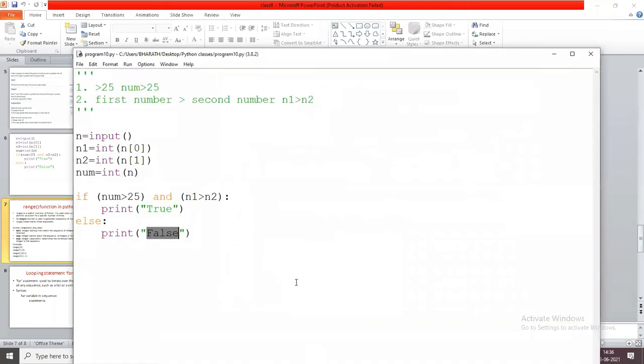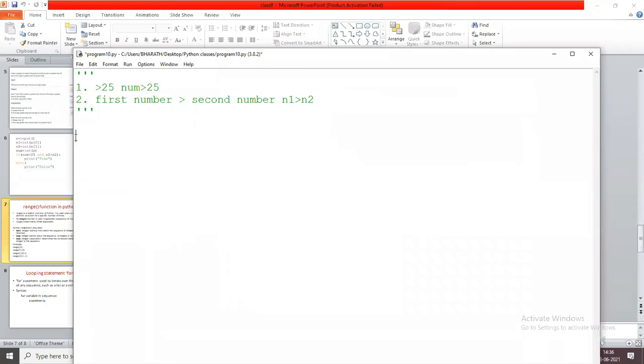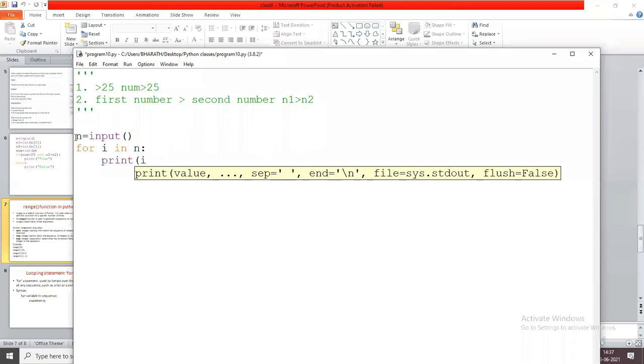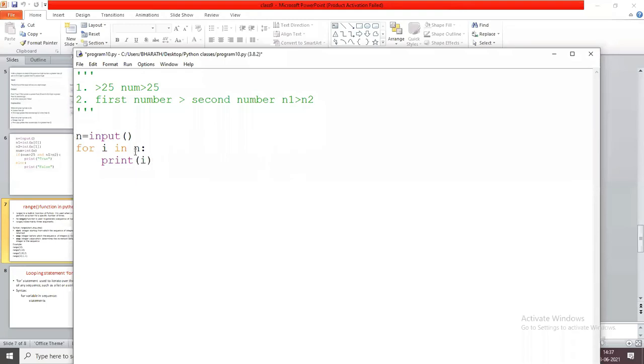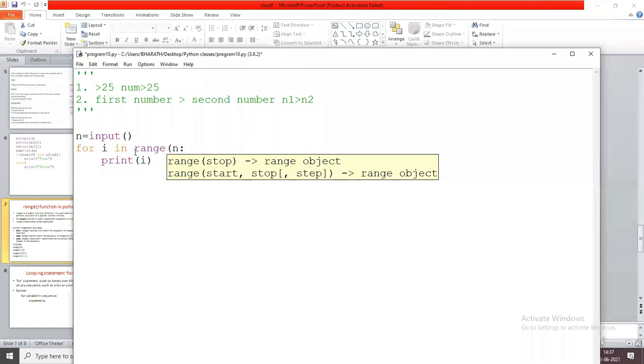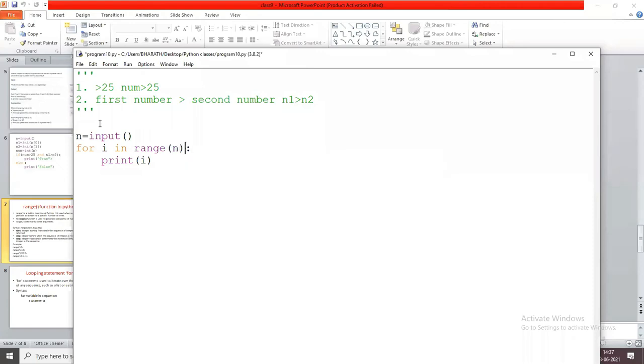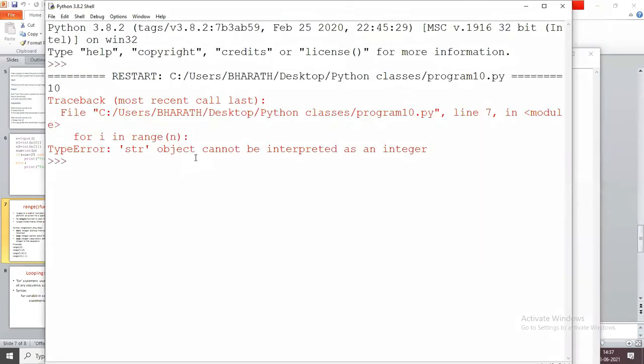For example, if I write a program like this: n equals input, for i in range of n, print i. In this I am using range of n. Here for example I give 10 as input. Now it prints an error.